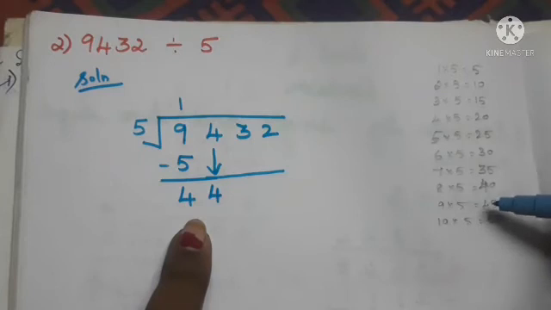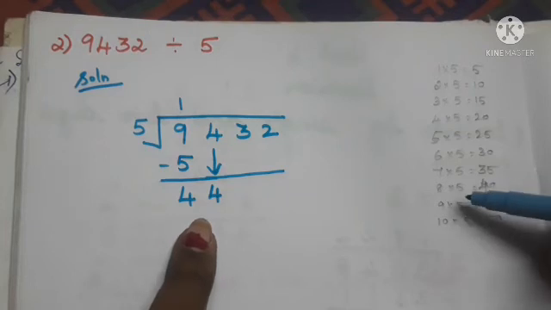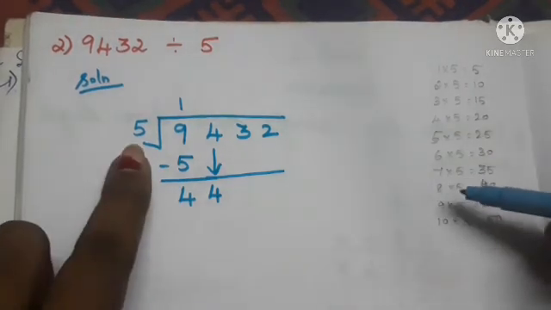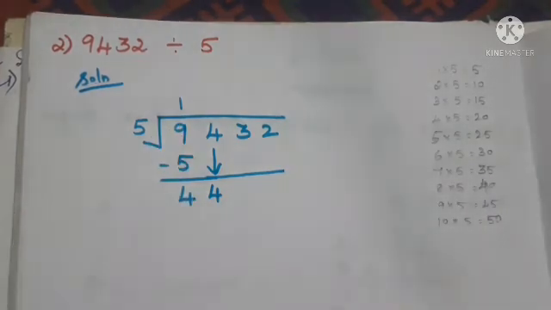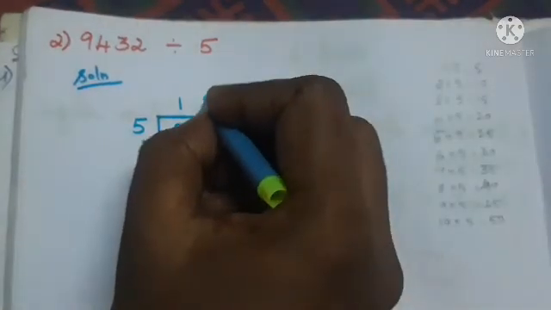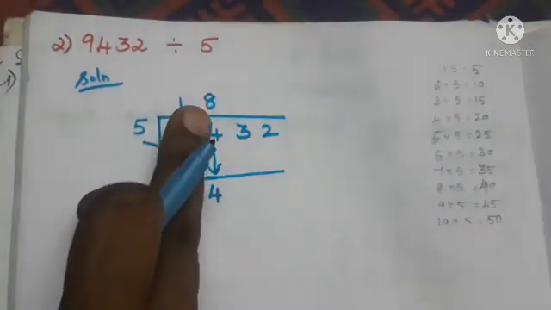So what we have to do, we have to move on to the before value, that is 40. That is 8 5s are 40. Okay, 8 5s are 40 we have. So we have to write 8. Okay, 5 we have, 8 5s are 40. This 8 we want to write at the 100 place value of the quotient. Okay, at the 100 place value of the quotient we want to write 8.